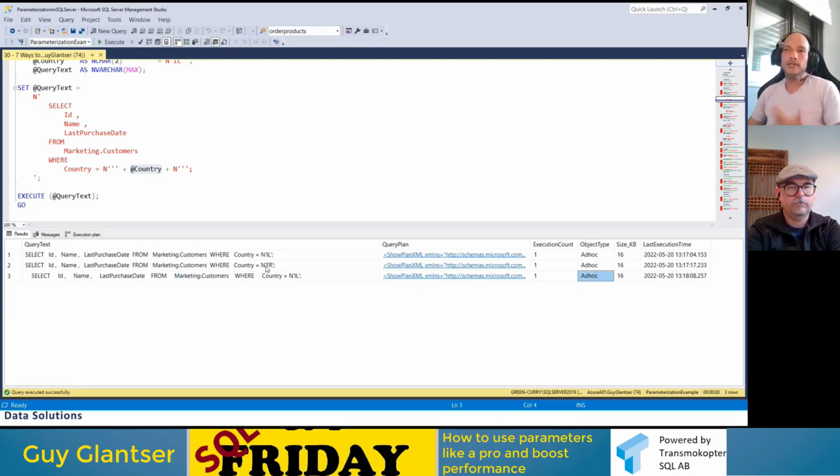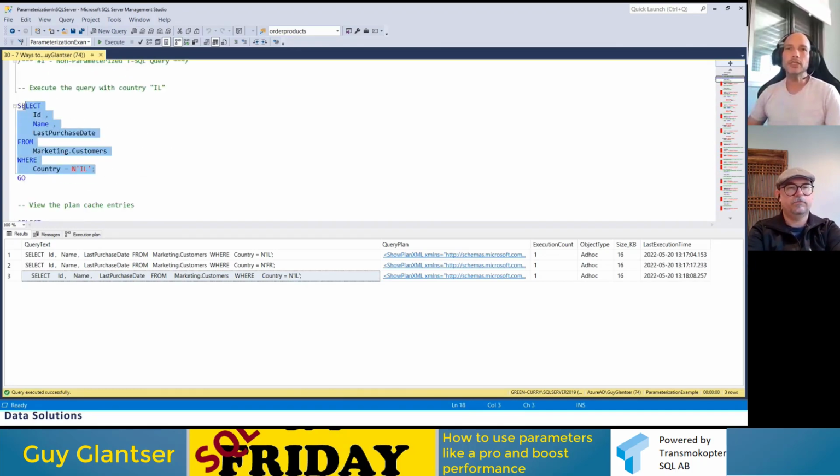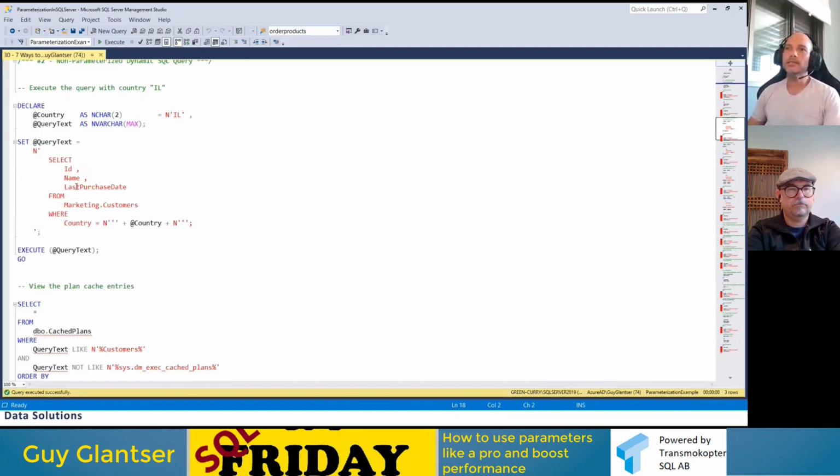And actually, you might ask, so why SQL Server didn't reuse this one? It's the same text. And of course, the answer is, you can see from here, there are different white spaces. That's the only reason. If I had built the dynamic text to be with the exact same white spaces as this one, it would have reused the same plan. Because the dynamic text itself runs in a separate batch, just like the batch that I used previously.